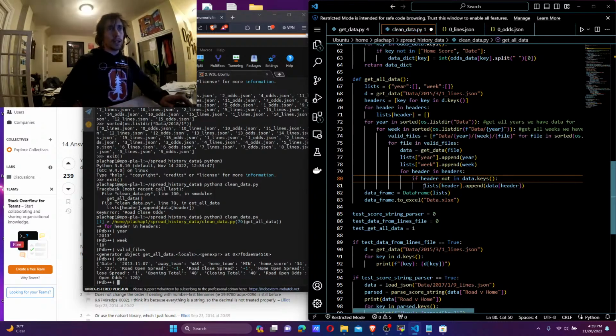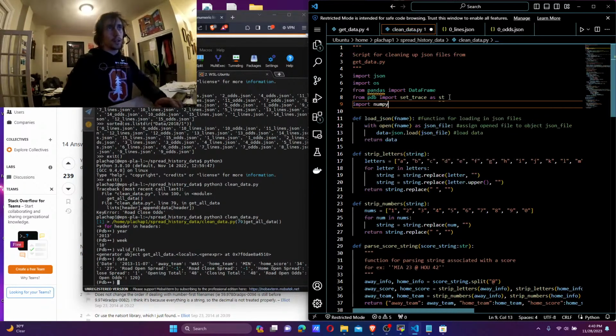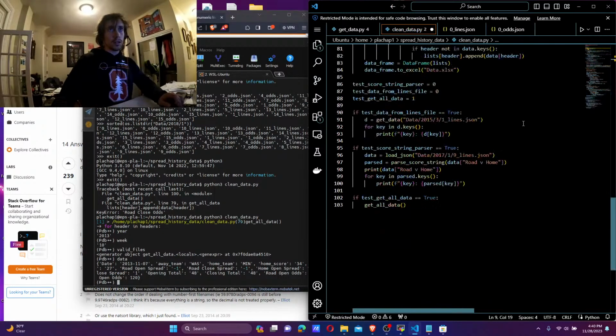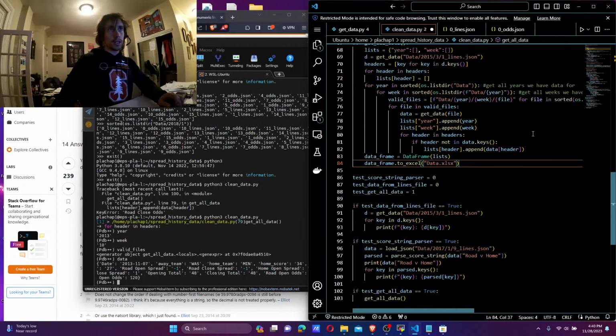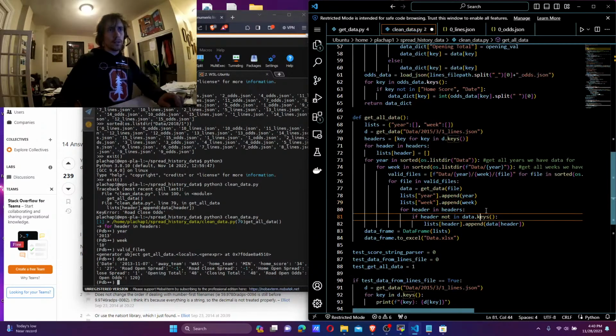If header's not in there, first up here, let's import numpy. Okay, and then we're saying that for all of the keys for header and header, if header is not in data.keys,